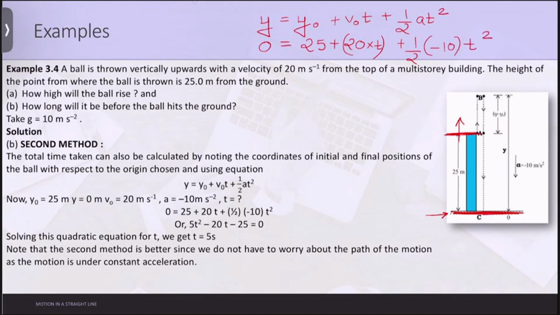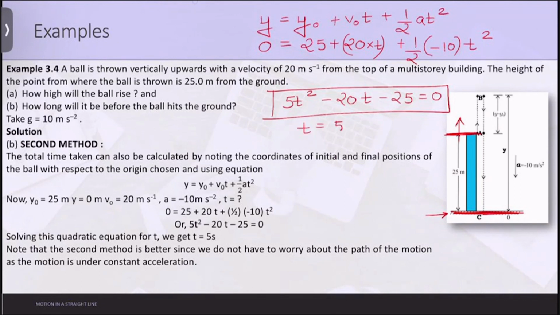Okay, solving this, you will finally get a quadratic equation, that is equal to 5t square minus 20t minus 25 equal to 0. Okay, just try to solve this equation. You will get the answer t is equal to 5 seconds. So only using simple calculation, not even trying to do it 2 times, you got the answer directly